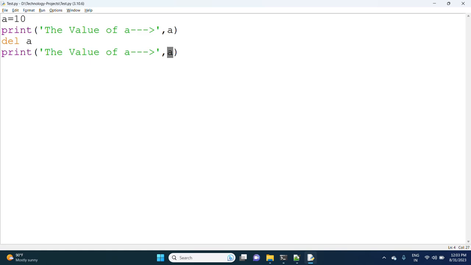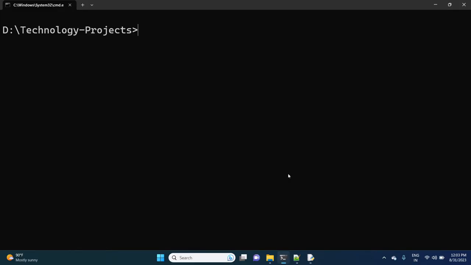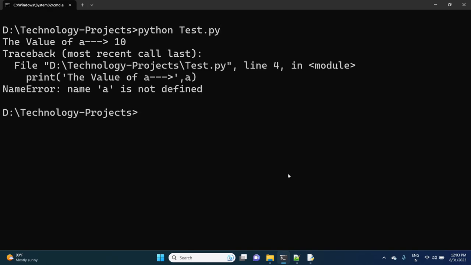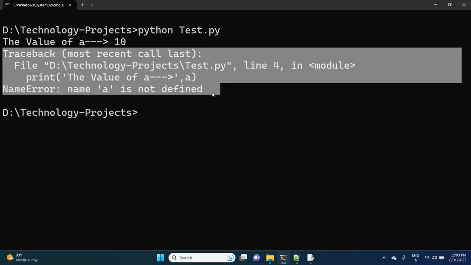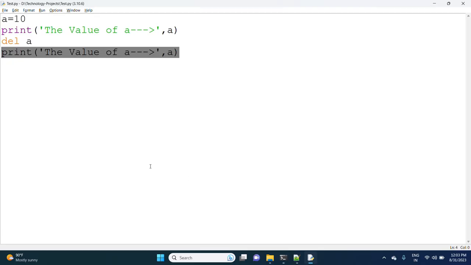The first time we get the value, but after deleting a, it is no longer available. In the next case we get NameError: name 'a' is not defined.